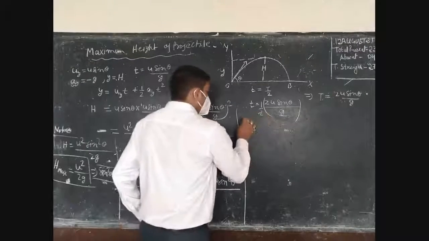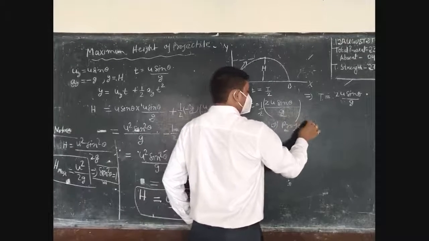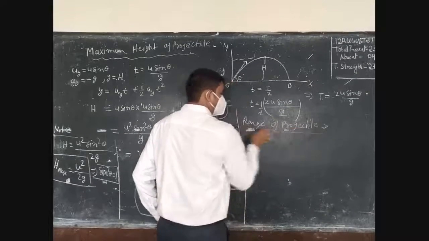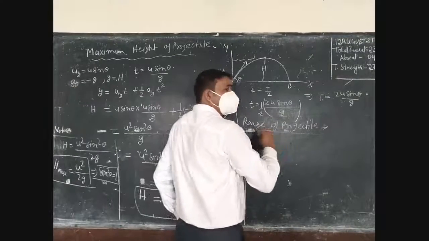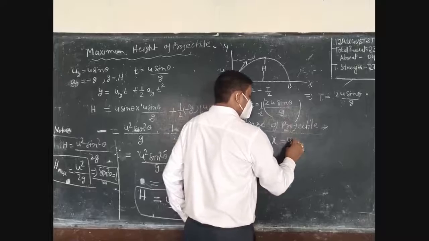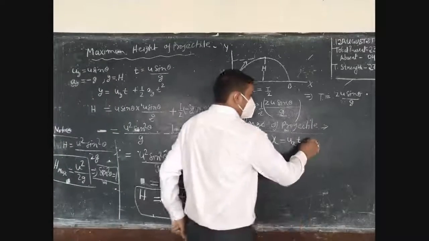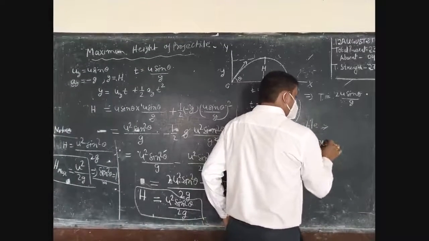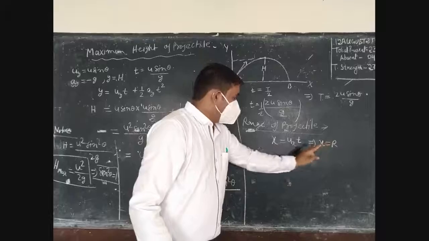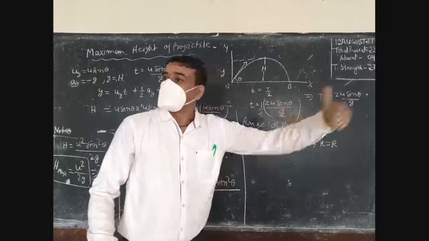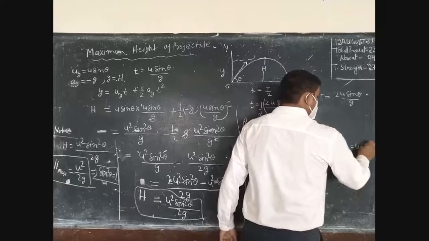Now, range of projectile. We have derived the situation in the horizontal direction that x is equal to ux into t. Clear? And for this, x is equal to distance along horizontal. Okay? Then this R is the range or distance traveled in horizontal, and ux is equal to u cos theta.